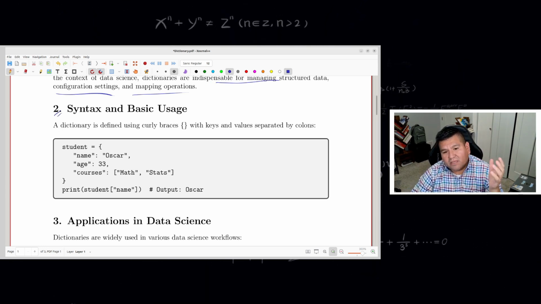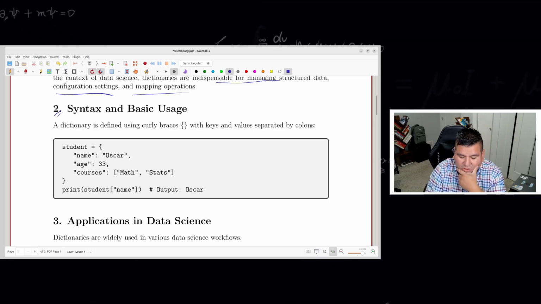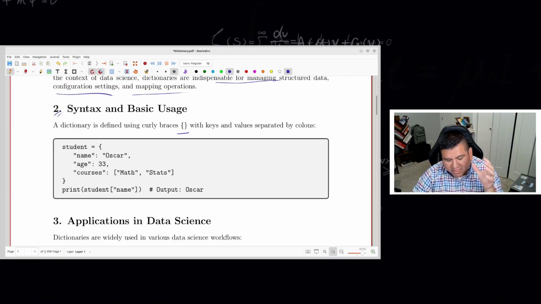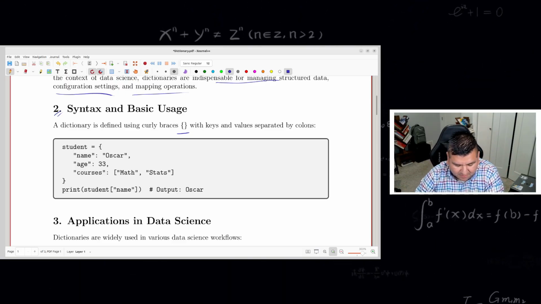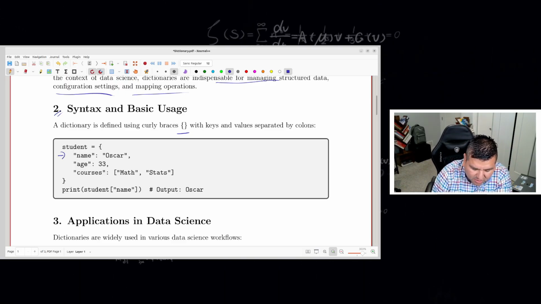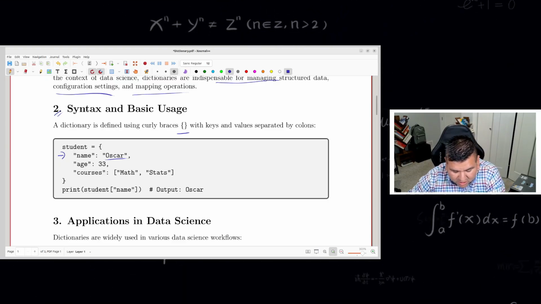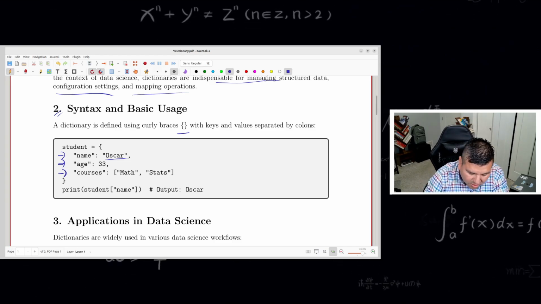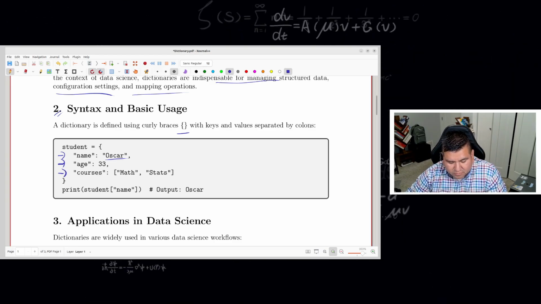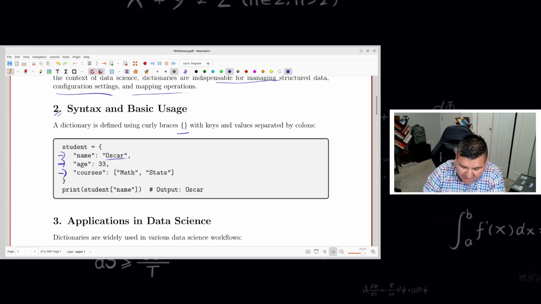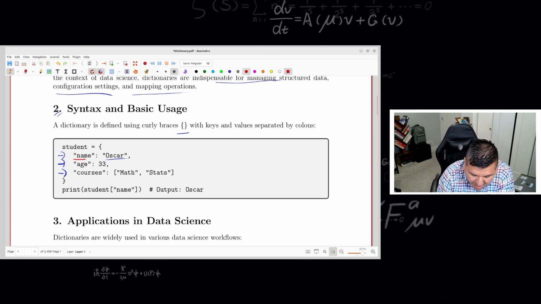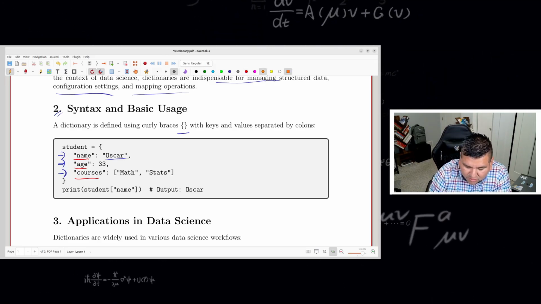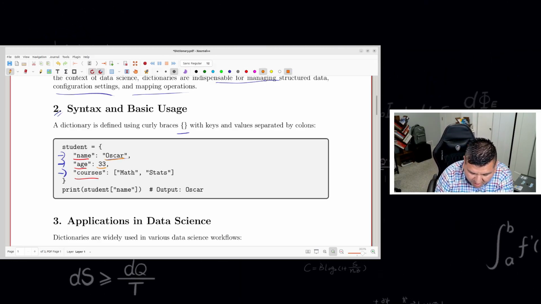Anytime that you want to create a dictionary in Python, you need to use the curly brace notation. Between the curly braces, you start by listing the keys and the values that you want to store. For example, in this particular dictionary called student, I have three keys, and the keys are name, age, and courses. And the values associated to each of those keys are Oscar, 33, and